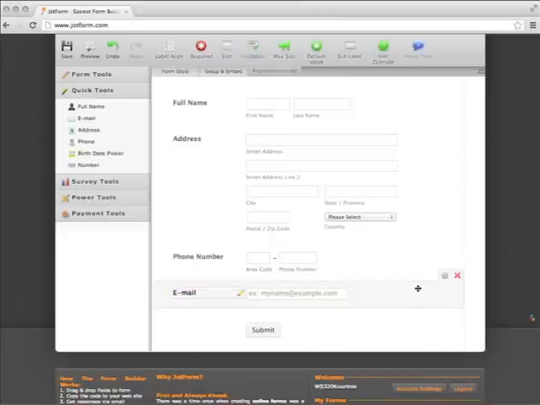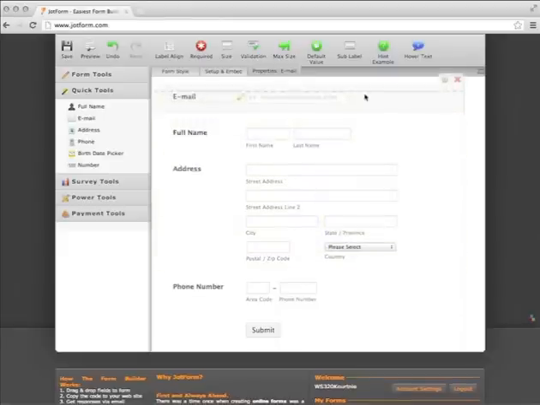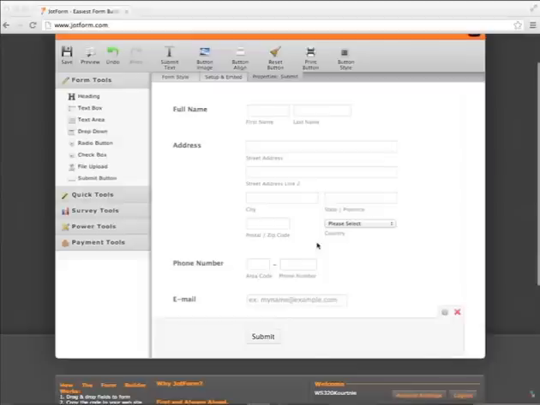But if you would like for people to be able to put in the email address first, all you have to do is make sure that the mouse symbol looks like it does right now, kind of the little cross, and go ahead and drag it up. So say if I want it to be above the name, bam, right there. Okay, so now that you've learned how to use your quick tools and change them around, let's go ahead and